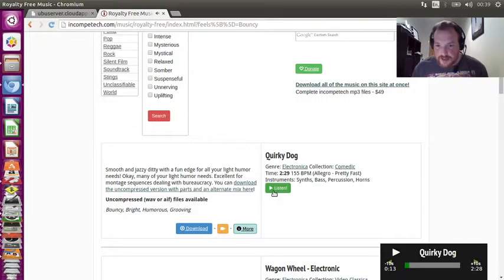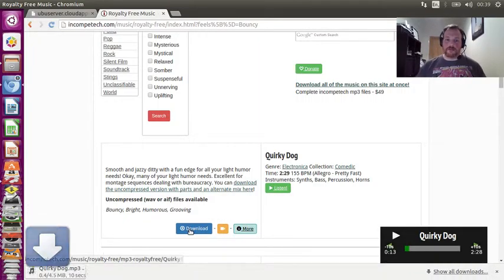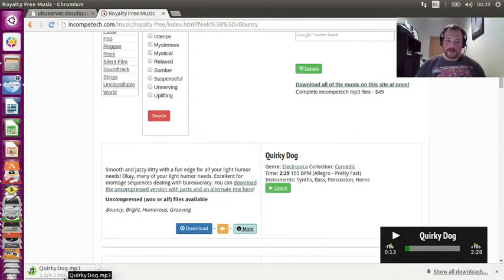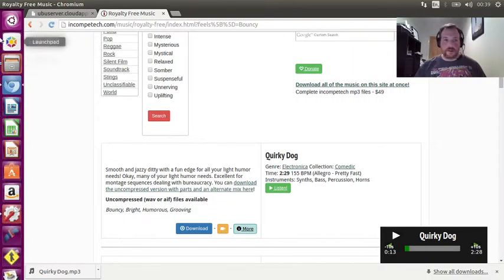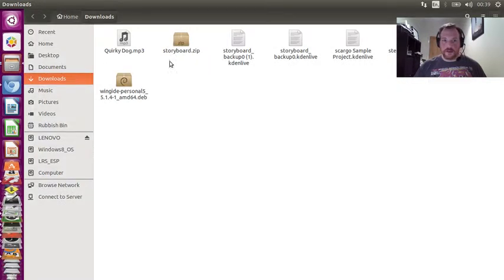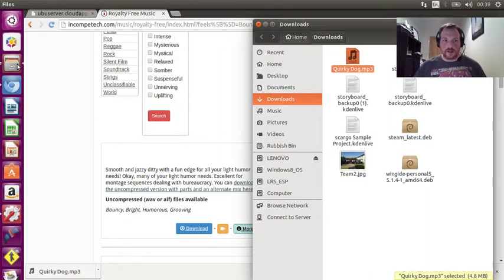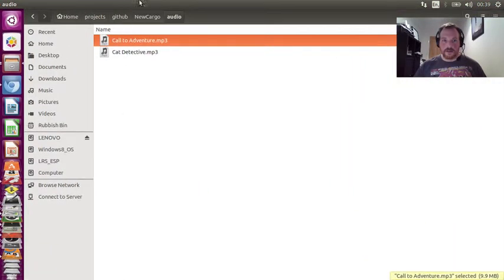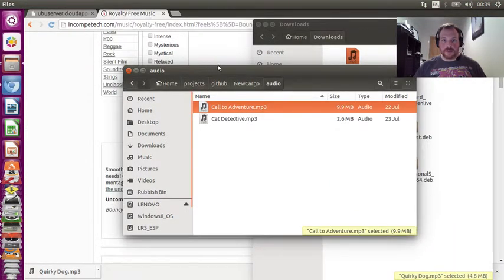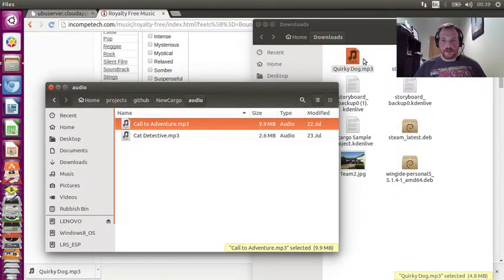So I'm just going to download that, if I can figure out how to do it. There we go. Download. So I'll show that in folder. So Quirky Dog. We'll copy that. Into